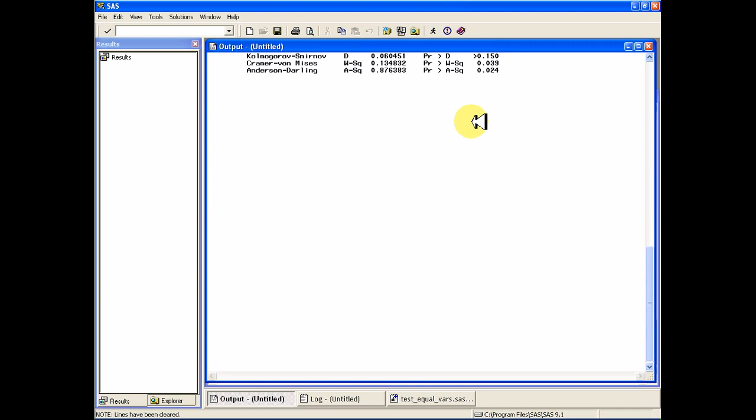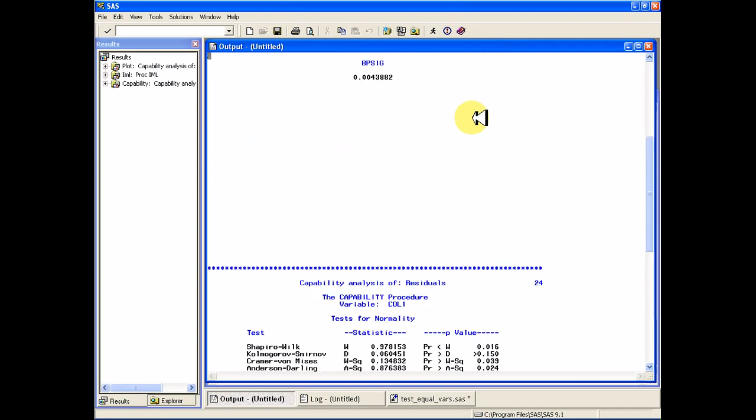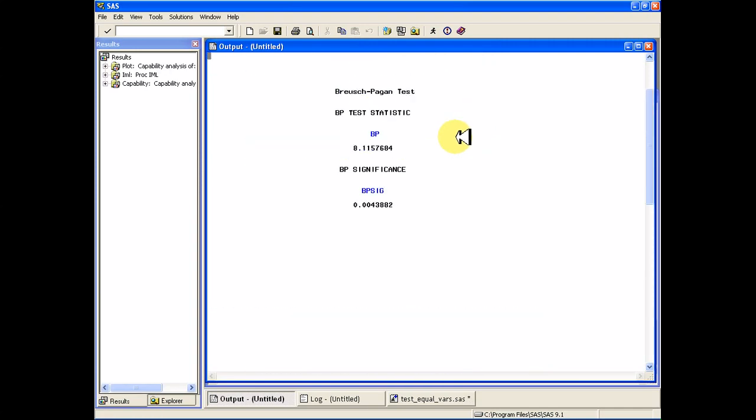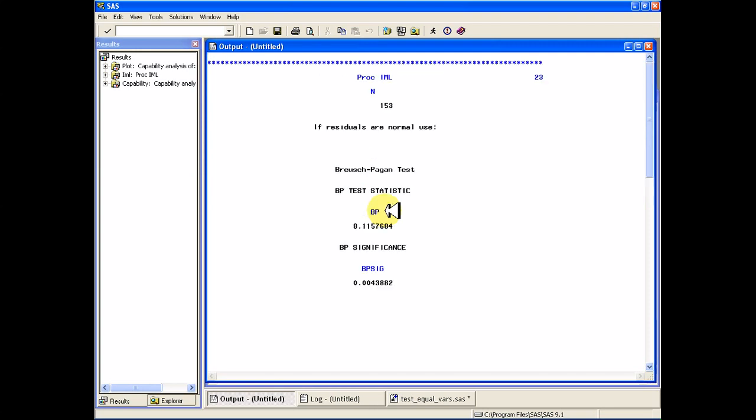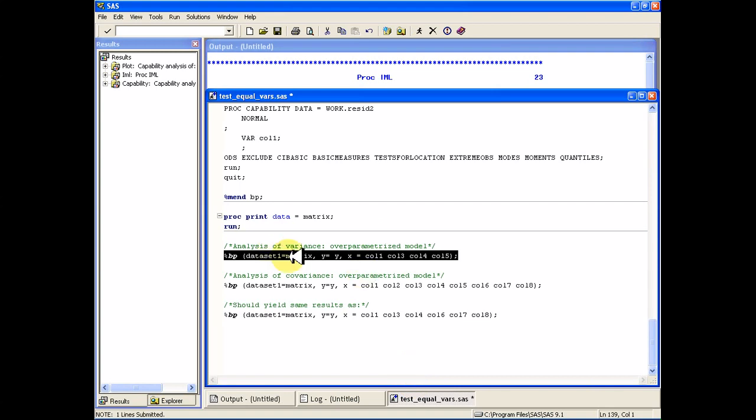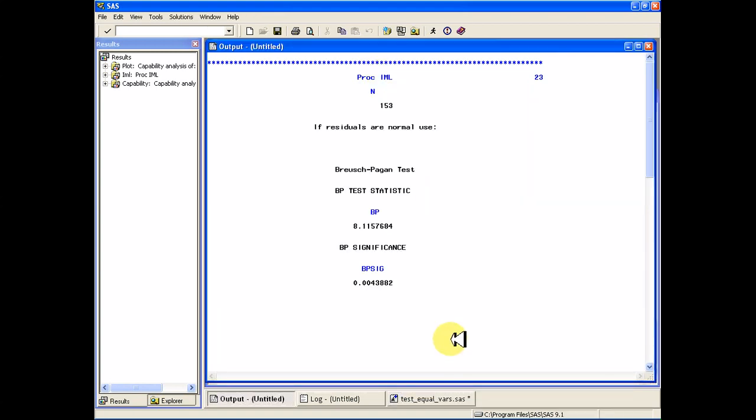And I get the Breusch-Pagan test right away. And because my p-value is so small, I can reject the null hypothesis that the variances are equal. And by the way, this is just a regular analysis of variance. So there are other things that you could do besides